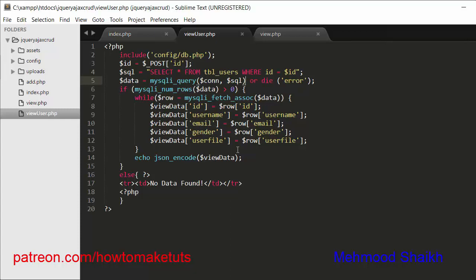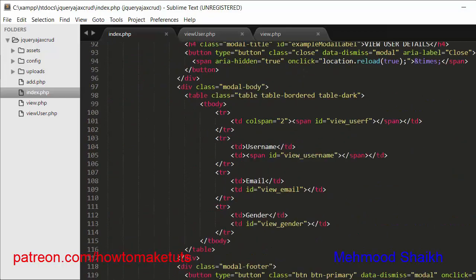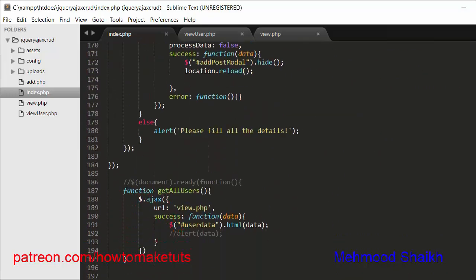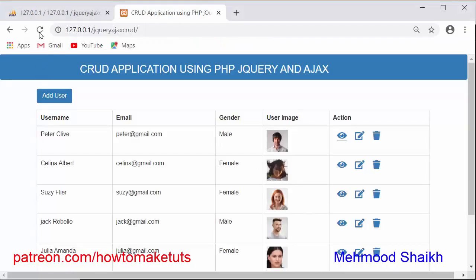Once I get the data of that selected user with the help of its ID, I'm sending that data again here in this view, with the help of these IDs, view user file and view username. So this is how we can fetch the data of a specific user to view.